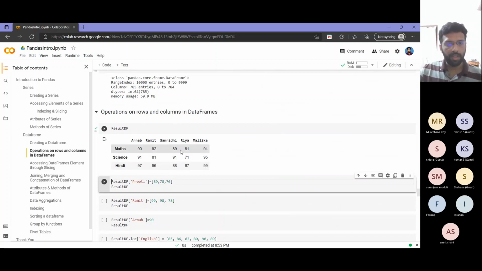I'll be using this particular data frame that we created for showing all the examples on how I can operate based on columns, rows, using label based indexing, integer location indexing, all those things. I will explain based on this, and how to add rows to this, how to add columns to this.